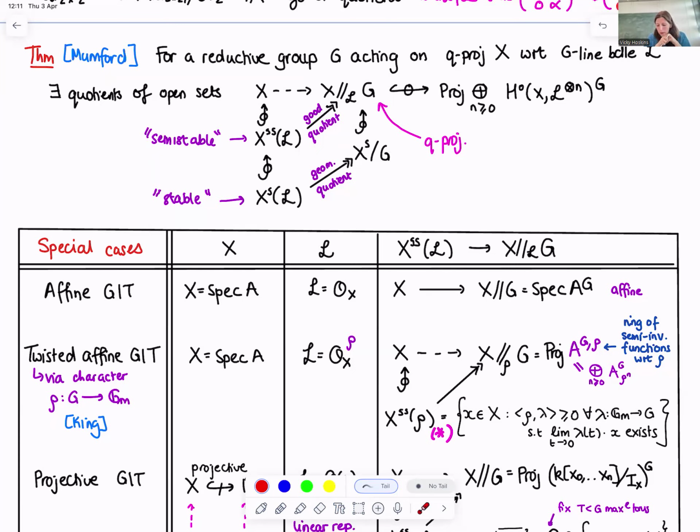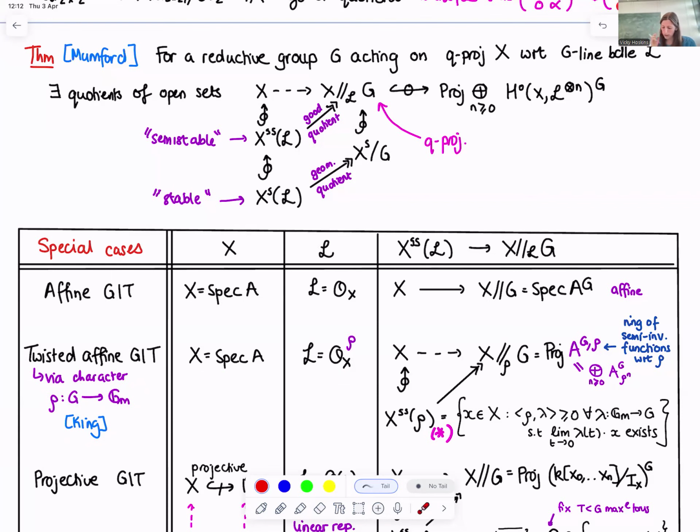But you can see that as soon as you remove the origin, then actually you get a nicer quotient. You get a projective space. And so one way that you can do this is by imposing a notion of semi-stability, which will remove the origin for you. And this is what I refer to as twisted affine GIT. It was introduced by King. Now what you do is you have an affine variety still, and you take the structure sheaf, but now you twist the G equivariant structure using a character rho of G, just a group homomorphism from G to the multiplicative group. And then this gives you now